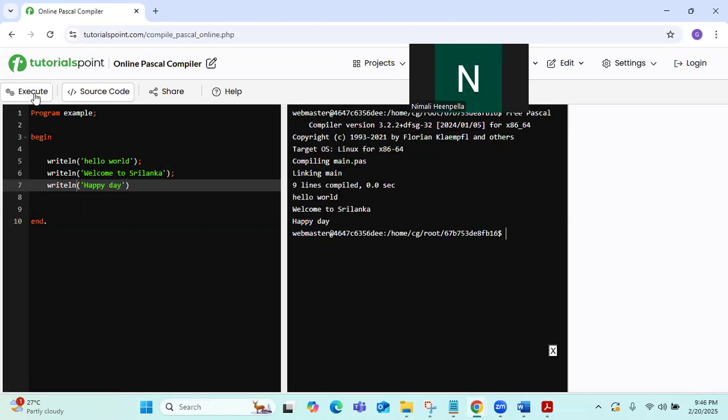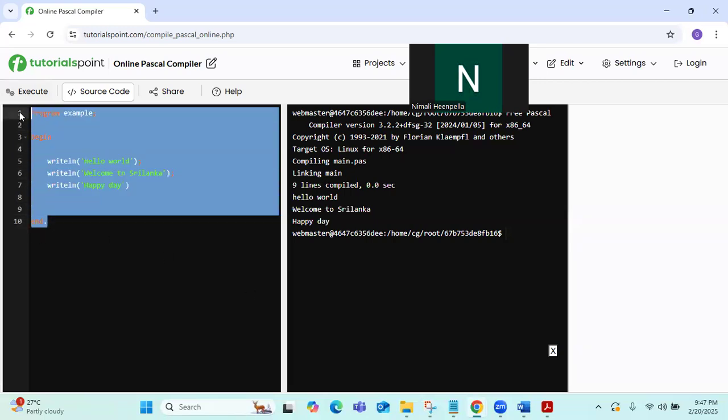When you say writeln, what happens? It will print and the cursor comes to the next line. So you must know the difference between the write statement and writeln. When you say write, the cursor remains in the same line. But when you say writeln,